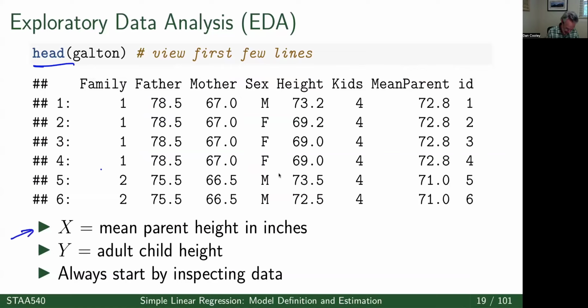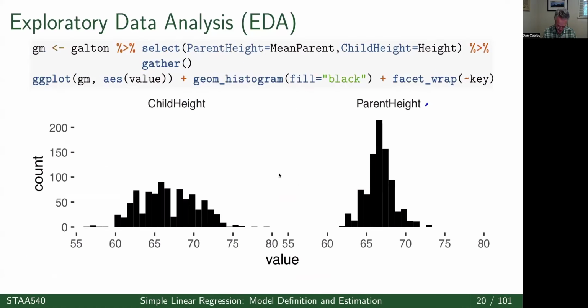So our explanatory variable, which we're usually in this class going to denote by X, is the mean parent height. Y is the adult child height, so that's that guy there. And we always start by inspecting the data. So this is the exploratory data analysis. Before we fit a model to this data, hey, let's make some pictures. So in this next one,